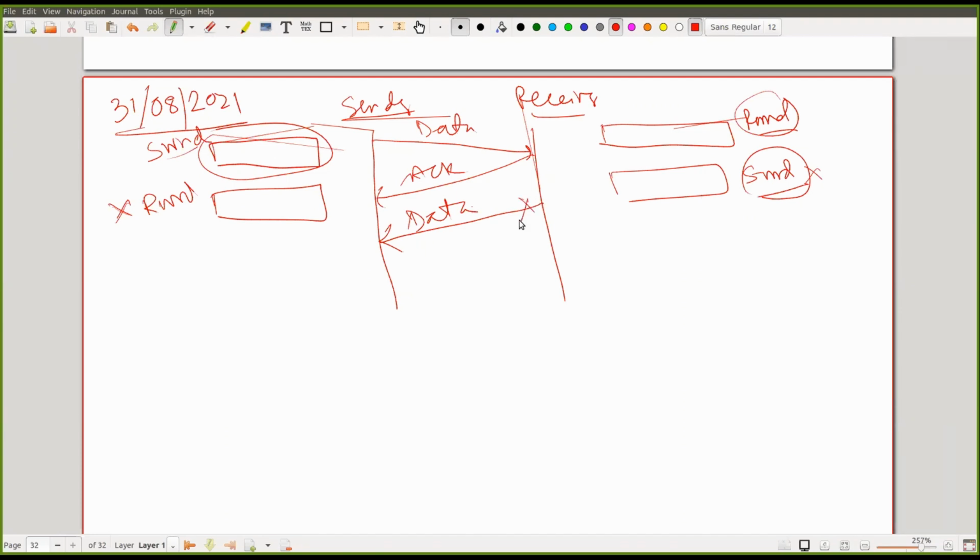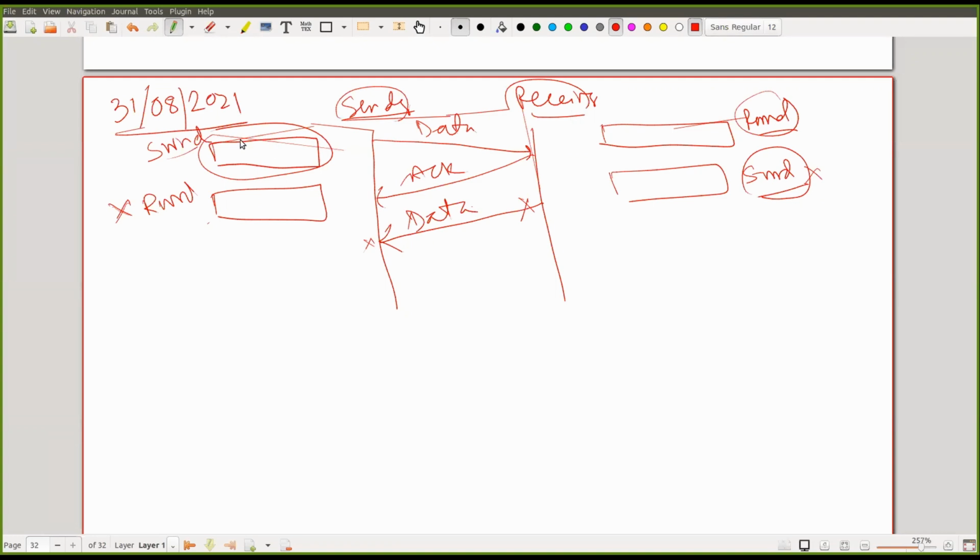No. Similarly, if the sender does not maintain the receive window, can it receive the data? No. So if I'm maintaining a send window at the sender end and a receive window at the receiver end, then only one-directional communication can happen, from sender to receiver. No bidirectional communication can happen between the sender and receiver. If I want bidirectional communication, then both must maintain a send window as well as a receive window at both ends.